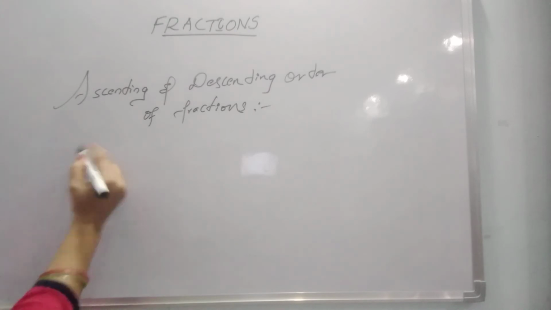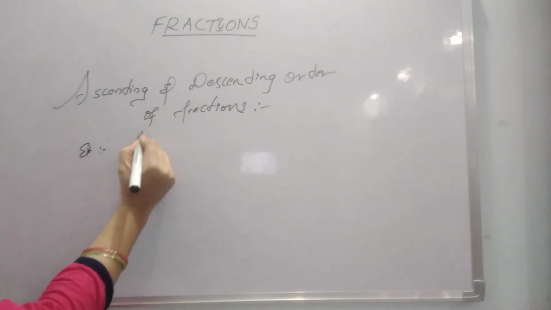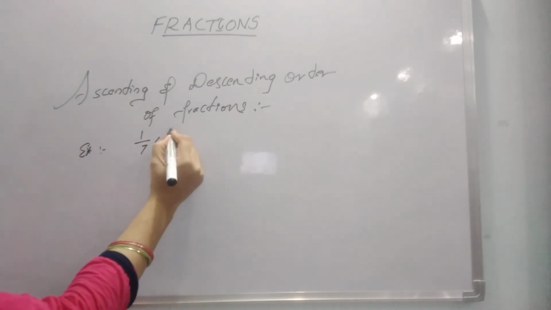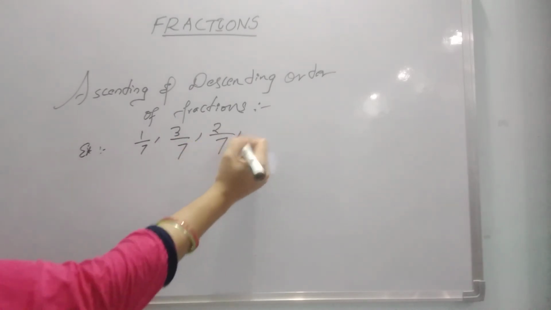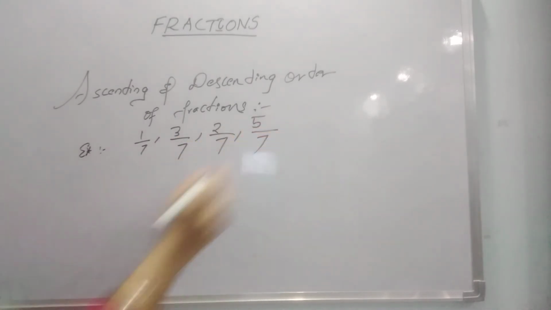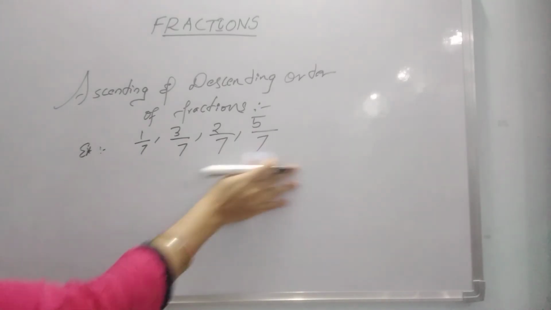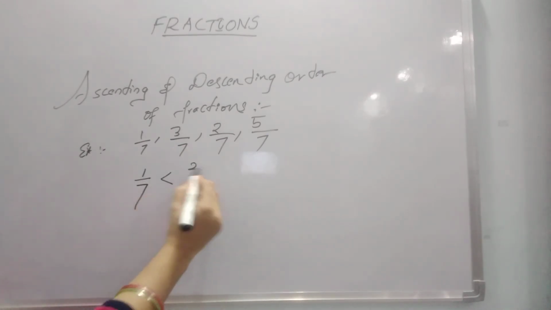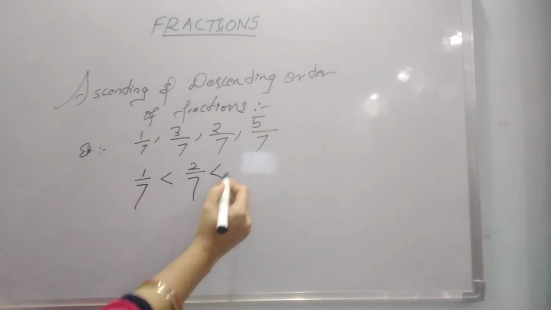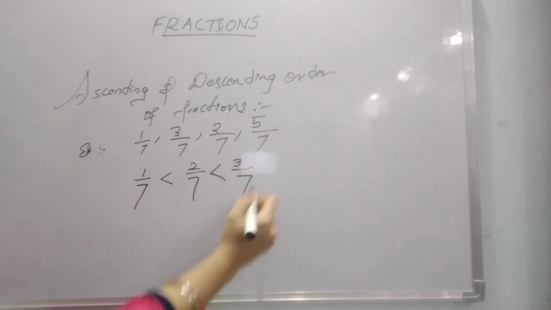Okay, for example, 1 by 7, 3 by 7, 2 by 7 and 5 by 7. Please write these like fractions into ascending order. Ascending means small to big. So how can you write? This is the small one and next, these are like fractions. So simply write